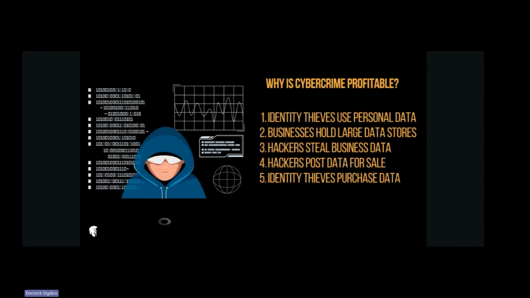So a few years ago, it was really the goal of a cyber criminal to get money from you directly, right? So they wanted to get credit card information. They wanted to get your banking information. They wanted to get your personal information to steal your identity. But that's not the case anymore. And that still happens, but that's not really where the cyber criminals sort of butter their bread, so to speak. So let's talk about why cybercrime is so profitable now. Number one, let's get right down to what data gets used for and how they make a profit.